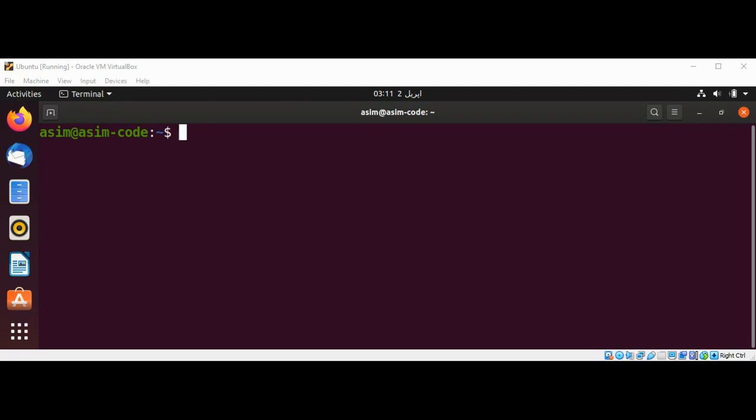In this video, we will learn how to install OpenCV for Python. OpenCV is a library for real-time computer vision programming. We can install OpenCV with the